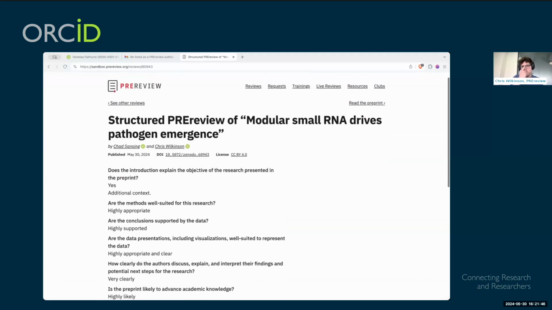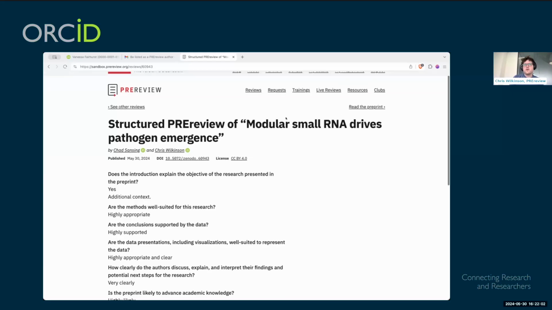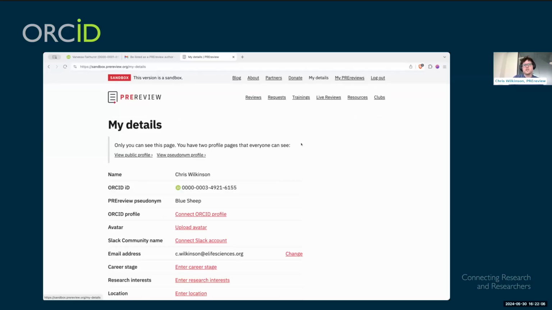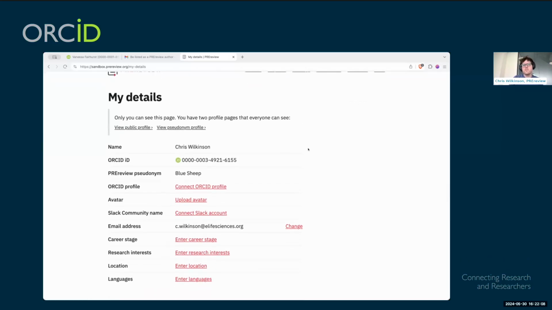As Chad mentioned earlier on, we now allow people to have their published PREreviews, if they've chosen to use their public name and connect it to their ORCID ID, appear on people's ORCID profiles as peer review activity. So on our site, if we go into the My Details section, here's some information that we can connect my PREreview